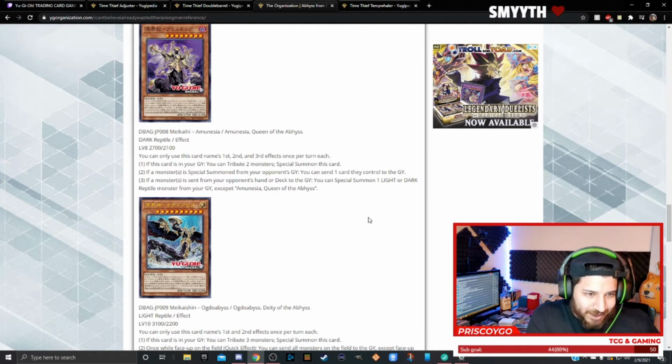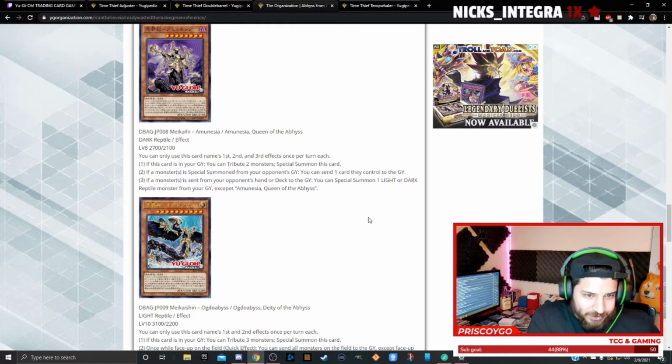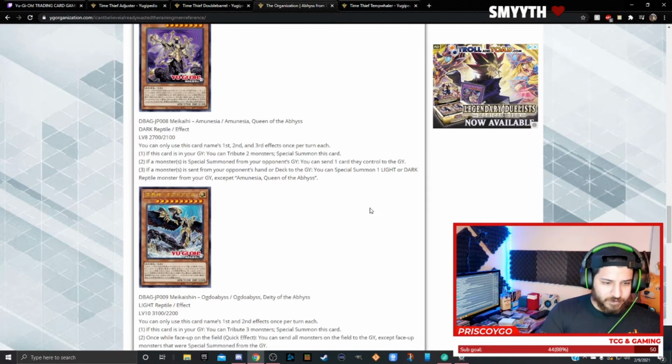Amnesia, Queen of the Abhyss. You can only use this card's first, second, and third effects once per turn each. If this card is in your graveyard, tribute 2 monsters, special summon this card. If a monster is special summoned from your opponent's graveyard, you can send one card that they control to the graveyard. Okay. Ooh, it sends and it doesn't target. Interesting. If a monster is sent from your opponent's hand or deck to the graveyard, you can special summon one light or dark reptile monster from your graveyard except Amnesia. Okay. And then,